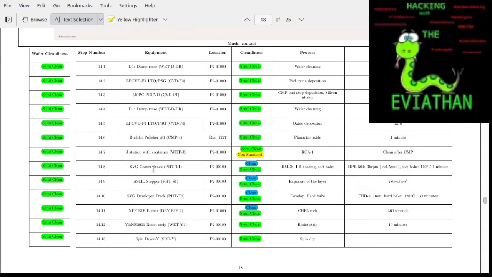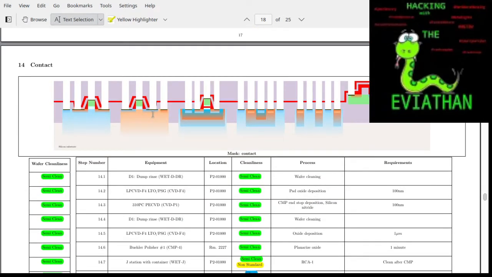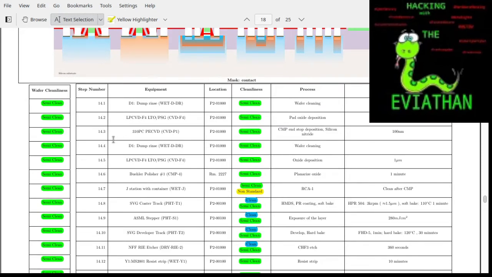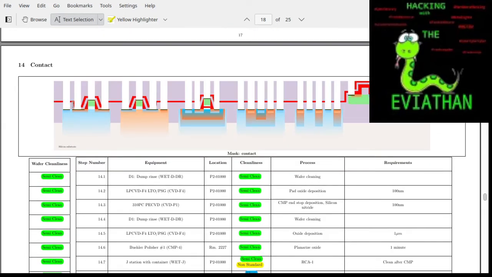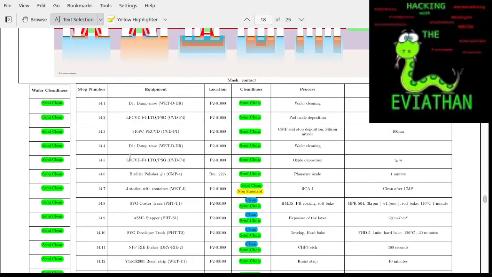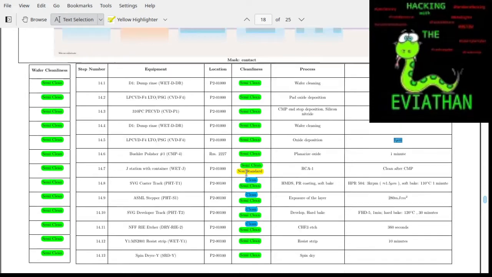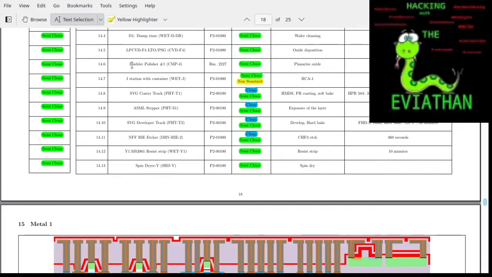As you can see here, before etching the vias touching down to the transistor, I first deposited an adhesion layer for the nitride protective layer, the CMP stop, the so-called pad oxide, which makes sure that the nitride nicely adheres to all the different materials. Then I deposited plenty of oxide, in this case 1 micron, because it's a 1 micron feature size we have been producing. And then after polishing,